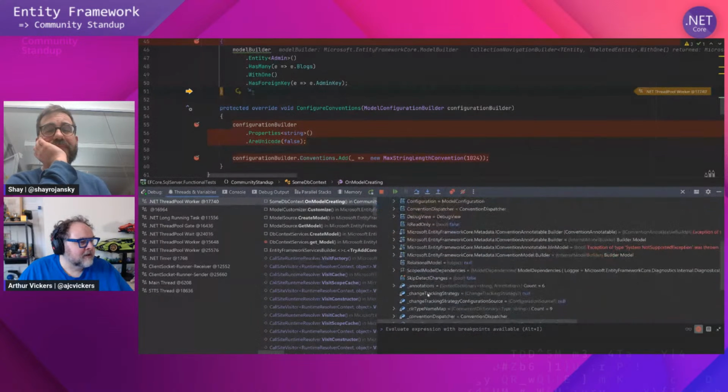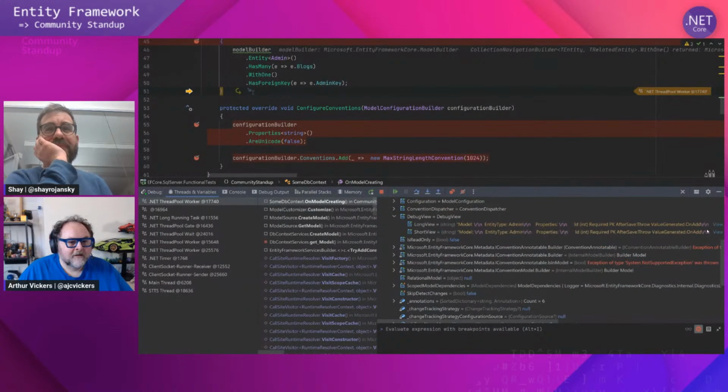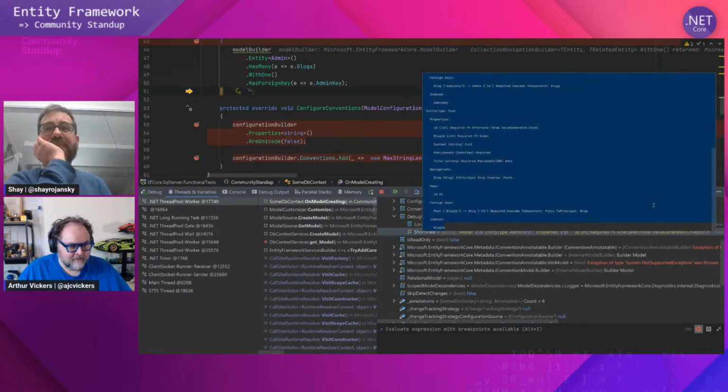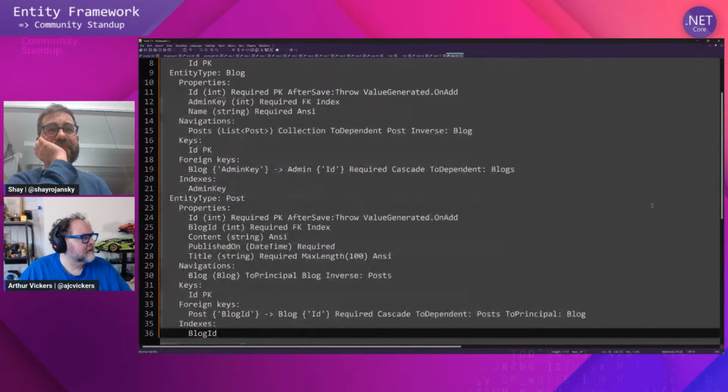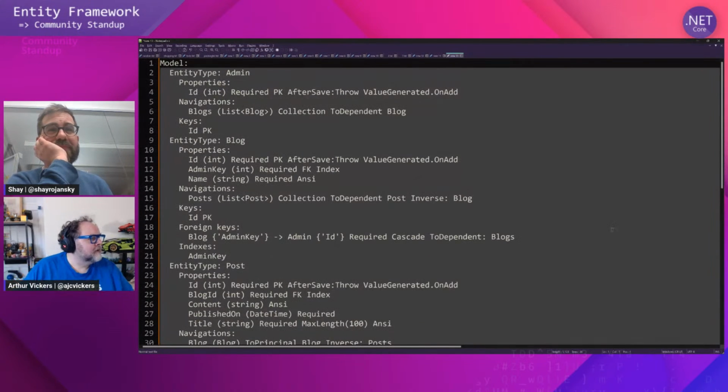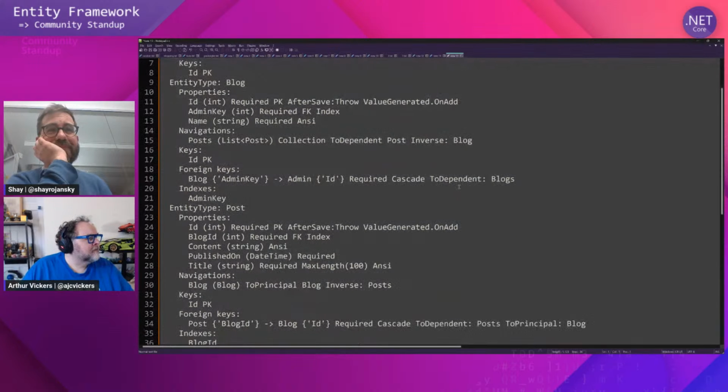Find the debug view again, copy it and paste it into here. Okay. So we now find on blog that the foreign key is admin key,